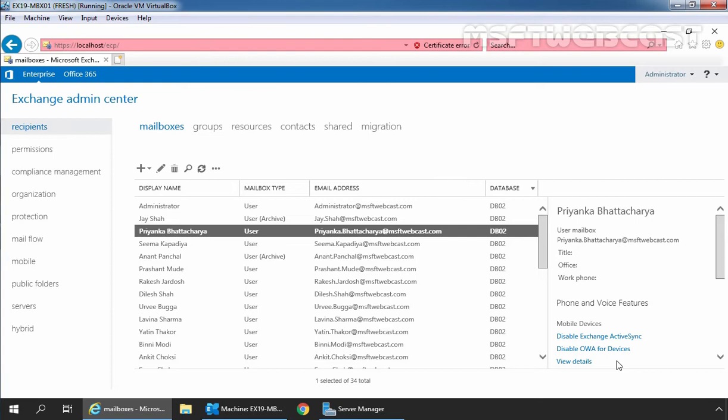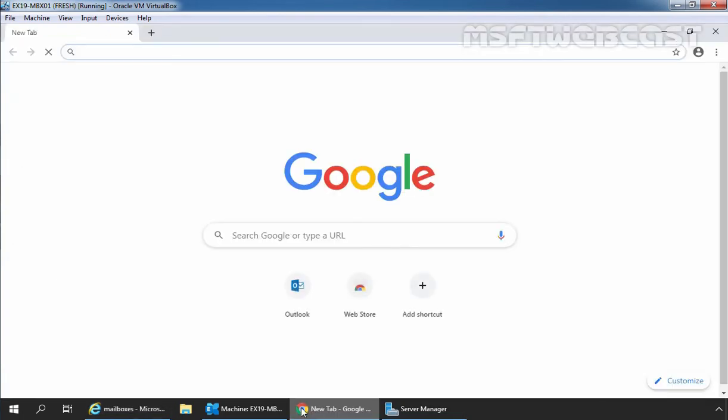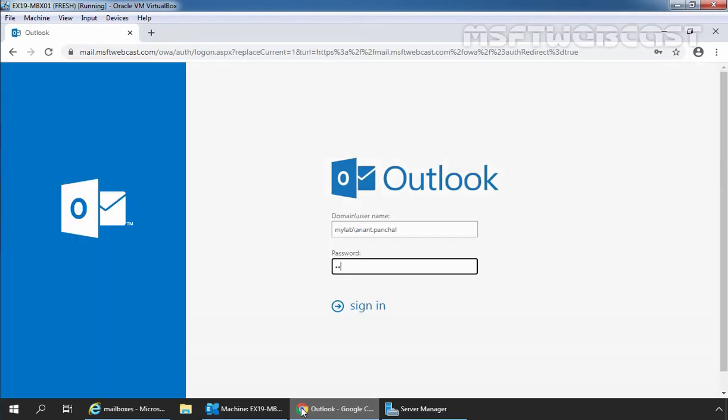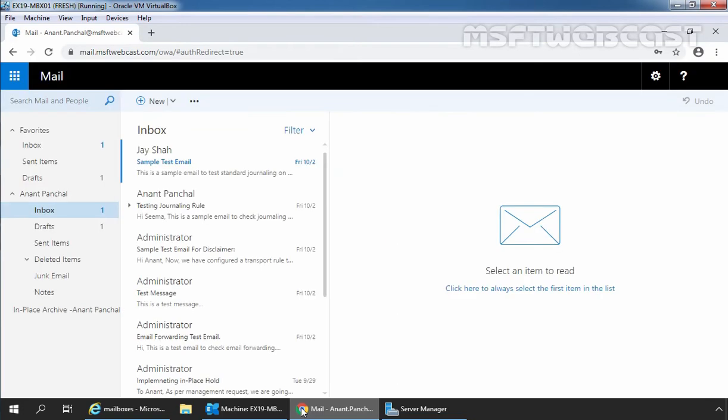To test that, I'm going to click on Google Chrome and type in the URL https://mail.msftwebcast.com/owa to access Outlook on the web. Let's sign in as our user Anand Panchal. We want to check whether we can send an email message to our user Priyanka Bhattacharya using that alias email address.